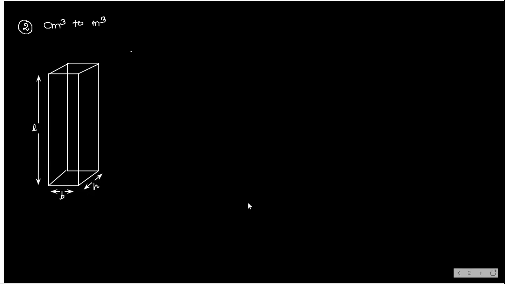Now let us suppose for this brick, L is equal to 3 centimeter, B is equal to 1 centimeter, and H is equal to 2 centimeter. And they are asking you to find out volume. Then how you will do?